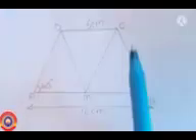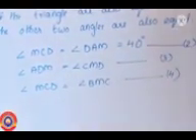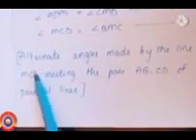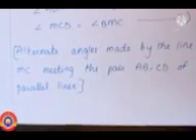Put equation number 2. Then let us consider the another angle, that is angle ADM is equal to angle CMD. Then write it as equation number 3. Now let us consider the other angle, that is angle MCD is equal to angle BMC. Put it as equation number 4. The reason behind this is the alternate angles made by the line MC meeting the pair AB and CD of parallel lines.